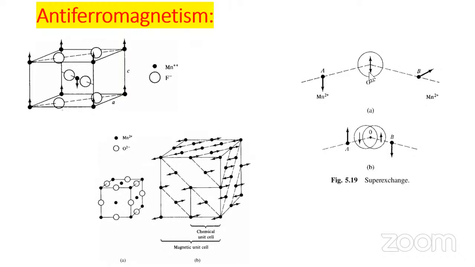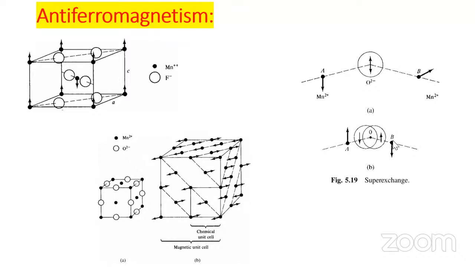Now, when I try to bring these two closer to each other, what will happen? The magnetic moment of the Mn is going to interact with the magnetic moment of oxygen. Even though the net magnetic moment of the oxygen molecule is going to be zero, because of the cancellation of the spin magnetic moments of the two outer electrons of the oxygen, when the Mn atom comes closer, there will be an interaction of the magnetic moment of Mn with the magnetic moment of oxygen, and that will displace it from the equilibrium position, and it will establish the interaction between